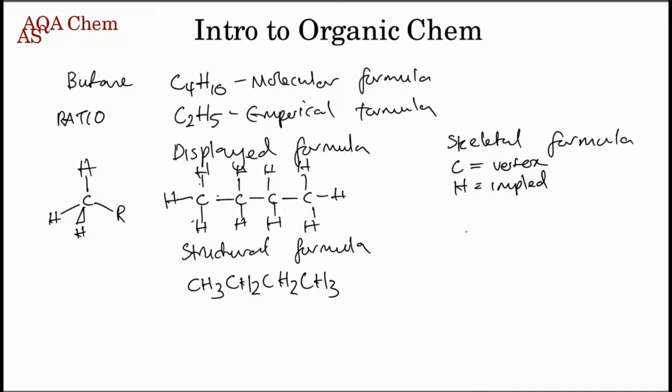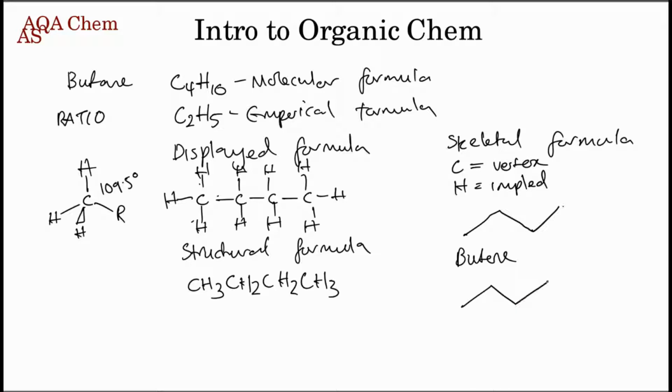So for butane, it will be 1 vertex, 2 vertex, 3 vertex, 4 vertex, and you draw it in this squiggle like this. You see this squiggle, because this is 109.5 degrees, this squiggle has to be roughly that. But if you don't want to get it to exactly 109.5 degrees, the easiest thing to do is think about hexagons. Just draw it in like a hexagonal form. It's good enough, right? For a different molecule like butene, let's say has a double bond on the end here,